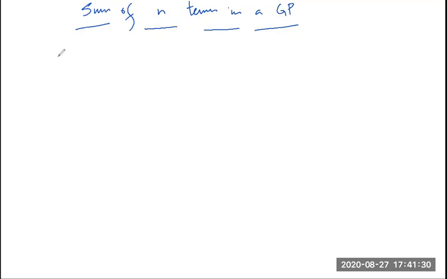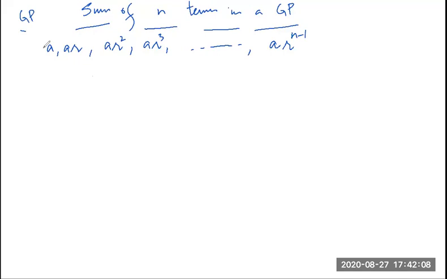So how is a general GP? The first term, non-zero term, is A, then A R, A R square, A R cube, and the nth term is, yes students, what is the nth term? A R raised to power, yes students, A R raised to power, anyone? n minus 1. Let's say this is the last term of some geometric progression or geometric sequence.